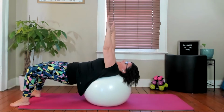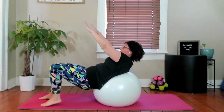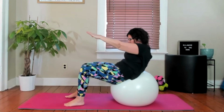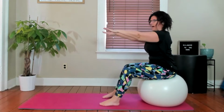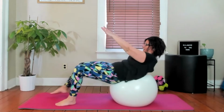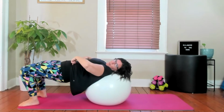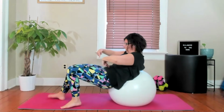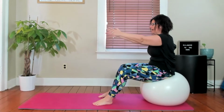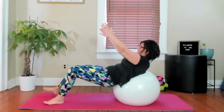Go ahead, reach your arms up. Now, we're going to drop the pelvis a little bit. Scoop your belly. Use your belly here to walk yourself up through the spine to come upright. And then go ahead, tuck the pelvis, walk out, find that bridge position once again. And again, pull the belly in, walk it back, come on up, and use the belly to walk it out